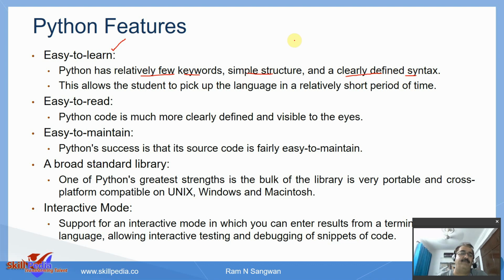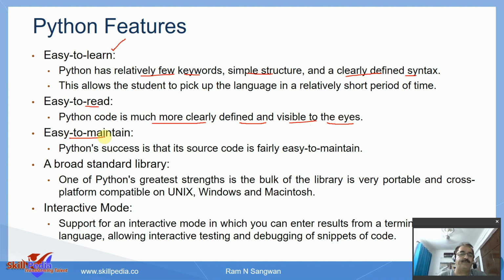Easy to learn, that will make it easy to read. Code is much more clearly defined and visible to the eyes because of the syntax. When you are writing a Python program, you have to keep that in mind yourself. If you don't do that, Python will not forgive you.